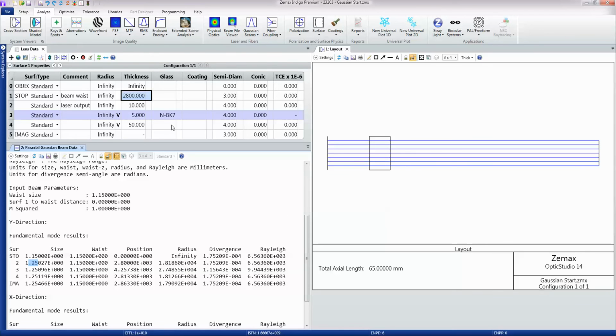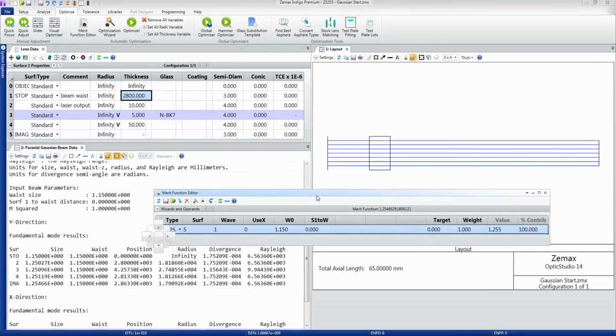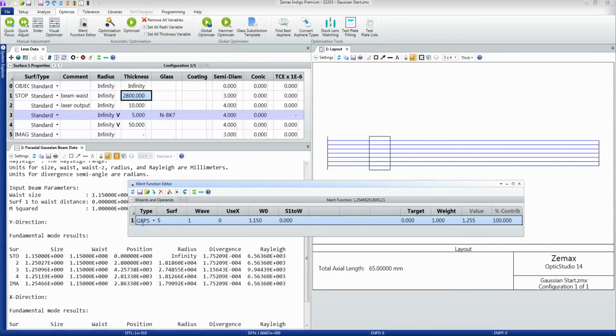So what I want to do now is optimize this lens for the best Gaussian beam performance, and I'm going to define that as saying that I want the smallest beam size over here. So I'm now going to go to the Optimize tab and click on the merit function editor, and it comes up with a pre-built merit function, GBPS, Gaussian beam size, on surface number 5, which is this surface. Using the beam waist data that I got from the catalogue, I want to target the beam size to 0,